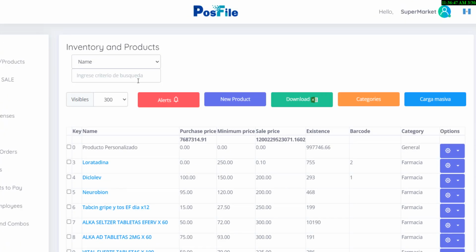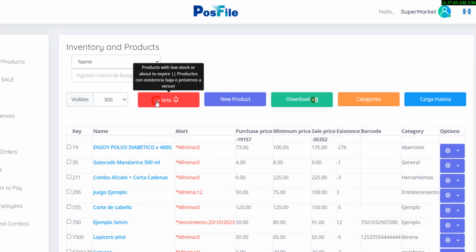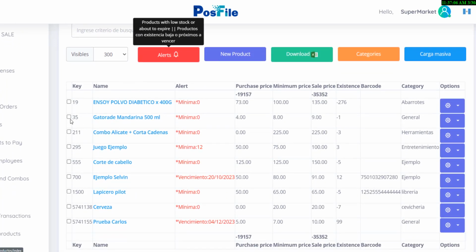mind. In the product listing, we have various search options, making it easy to locate products by category, code, name, or quantity. The platform allows customization of the number of products to be displayed on screen, optimizing the user experience and search speed. With a simple click on the Alert button, users can quickly identify products that require replenishment, ensuring